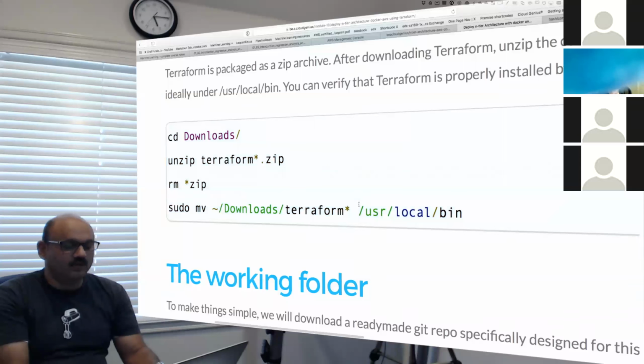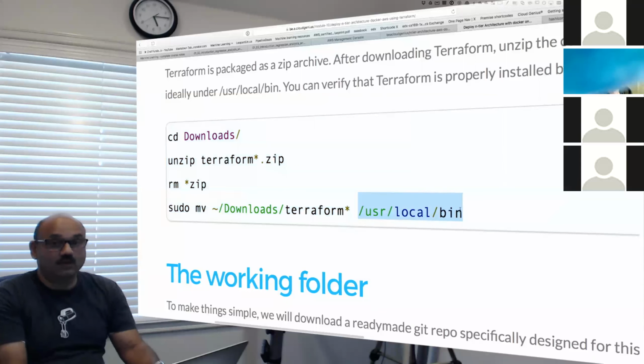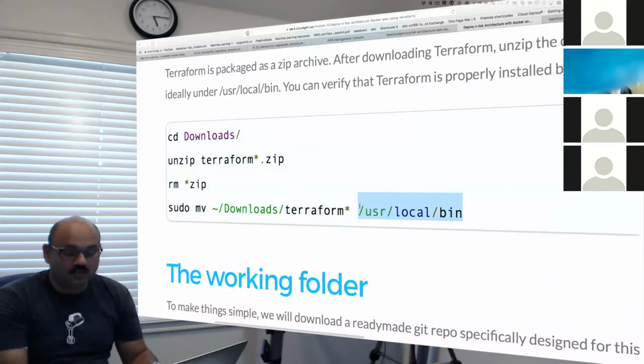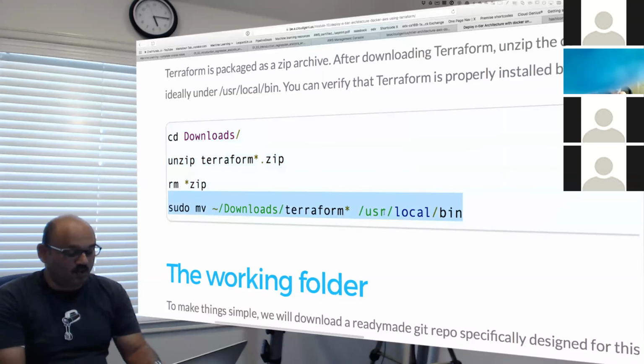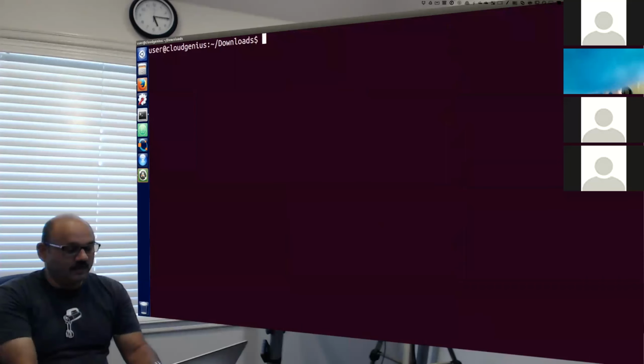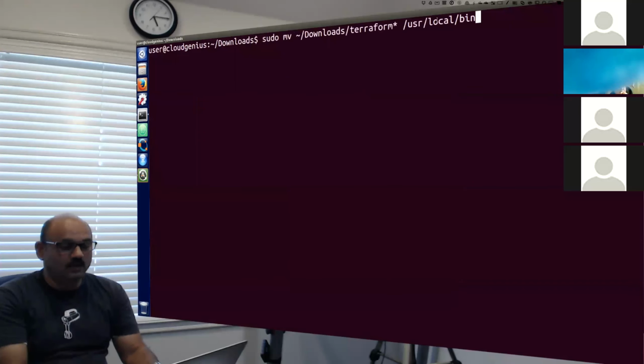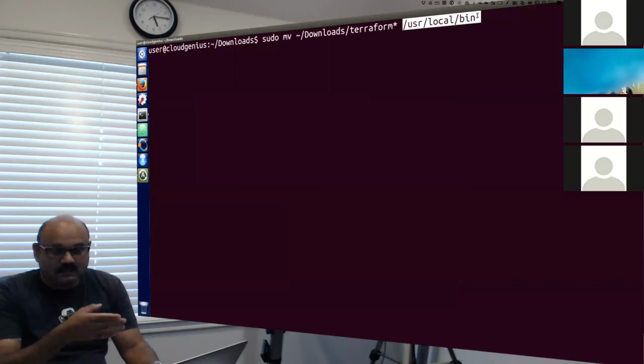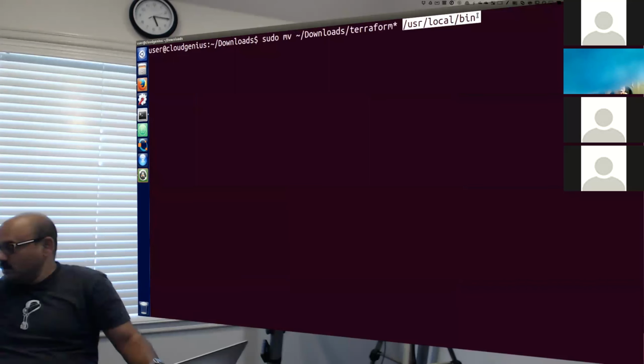If you want to move something to user local bin, you require superuser privileges, otherwise this location is protected and you cannot go there. So you have to use sudo. That is what I will be doing: taking this command and moving all the Terraform binaries from their current location in the download folder to user local bin, just to put them in our path.